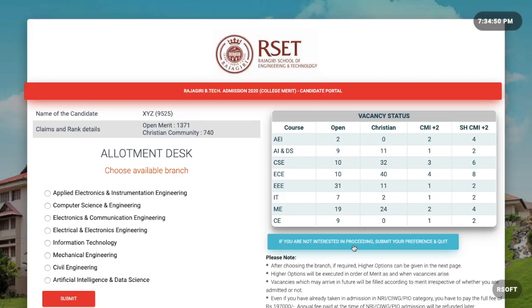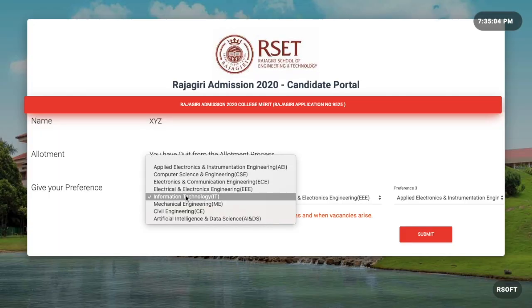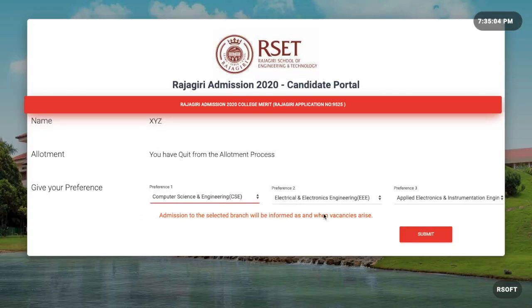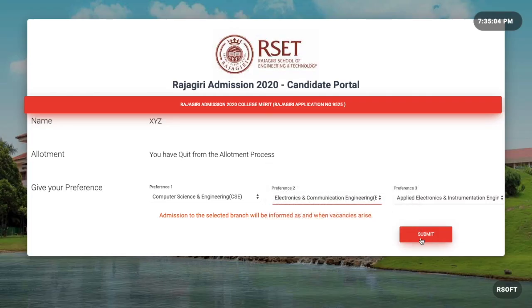Please click that. Here you can submit your preference. There are 3 preferences that you can submit. You can submit your preference and quit the entire process. Here you can see your options are registered. Admission to the selected branch will be informed as and when the vacancies arise.